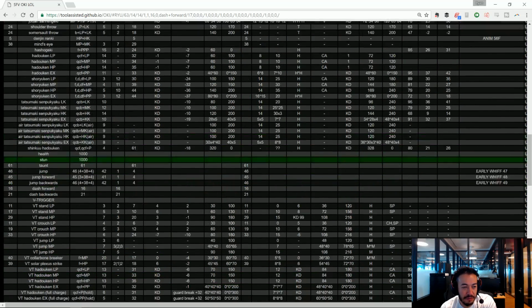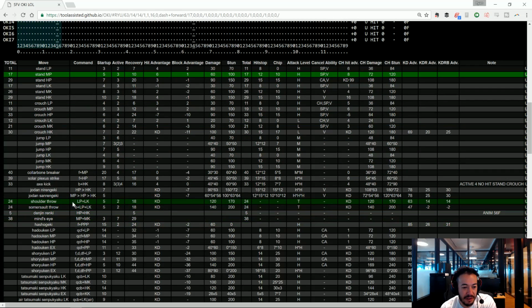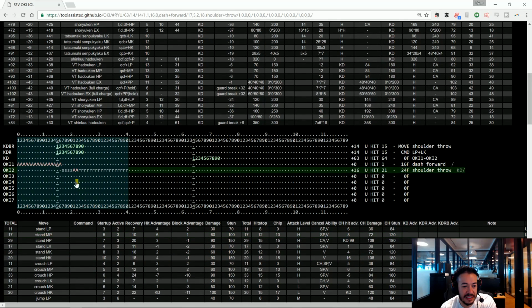We have our dash and then our forward throw. Remember, I did dash, then forward throw, and then dash and forward throw again. Got it. These numbers are important, 1, 2, 3, 4, 5, 6, 7, 8, 9, 0, because they are the first 10 frames of your wake up. Generally, if something doesn't hit on frame 3, then